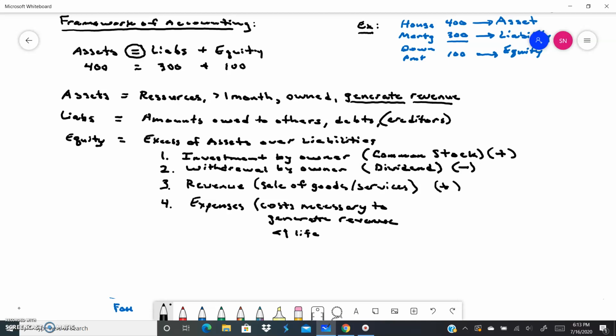So whatever it is, it's not going to be around for more than a month. And that is going to reduce equity. So those are the 4 components of equity. Owner's investments, owner's withdrawals, it's going to be increased by any revenues and decreased by any expenses. So we're going to come back and go through an example